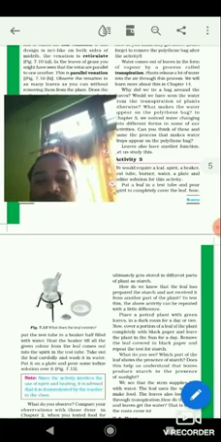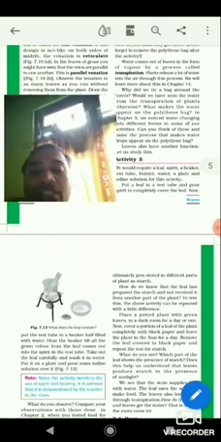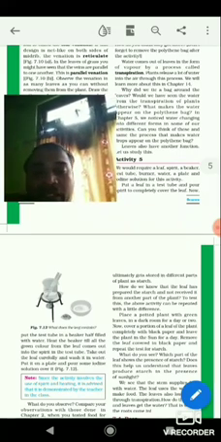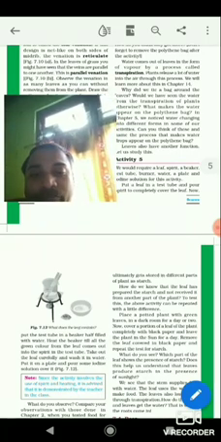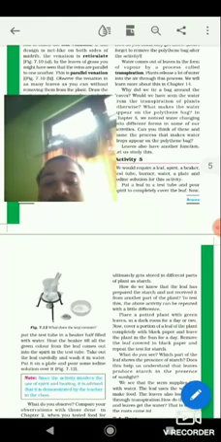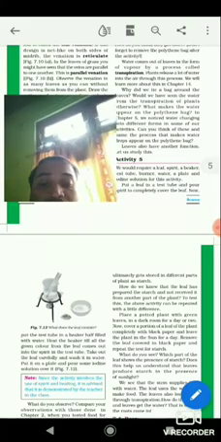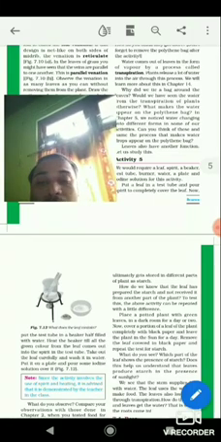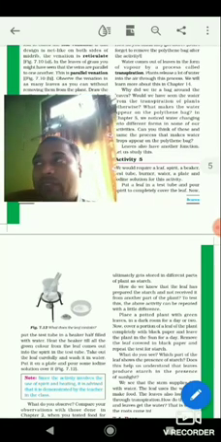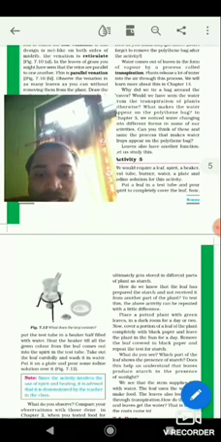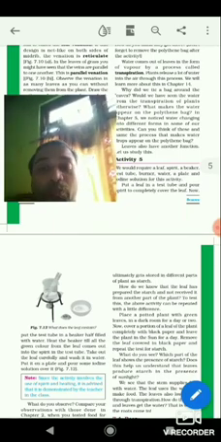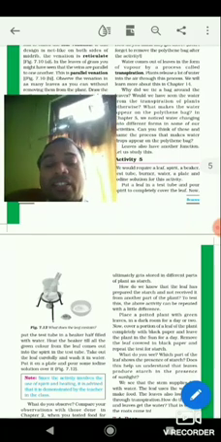Now due to heat, the chlorophyll easily dissolves in the spirit and comes out from the leaf, and thus it gets detached from the leaf. So once it is detached, we take out the leaf and pour the iodine solution on it, and then we notice that the color of the leaf changes to blue black, and that change in color to blue black confirms the presence of starch.